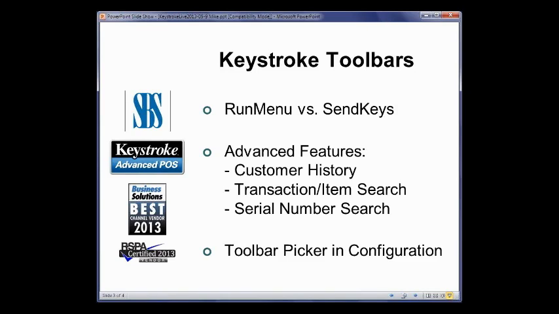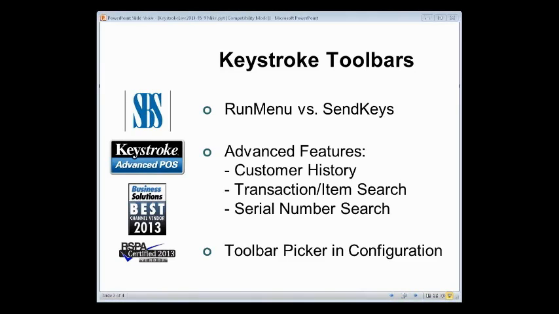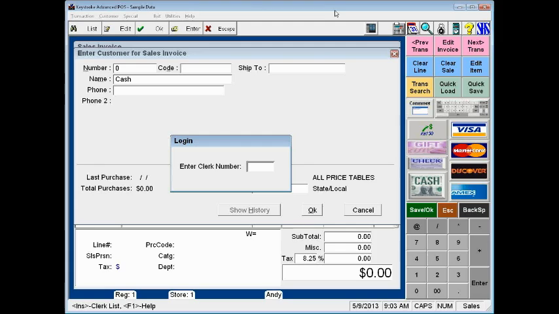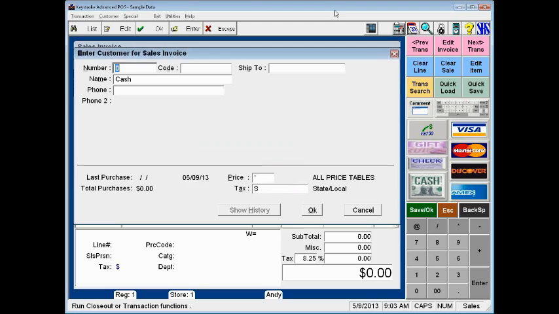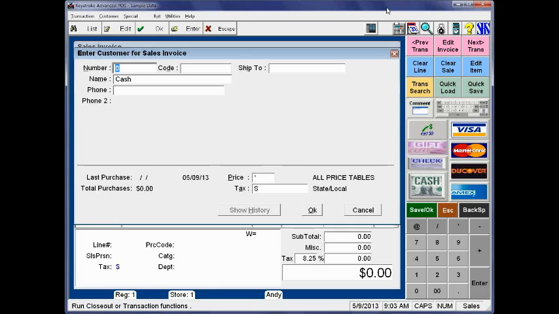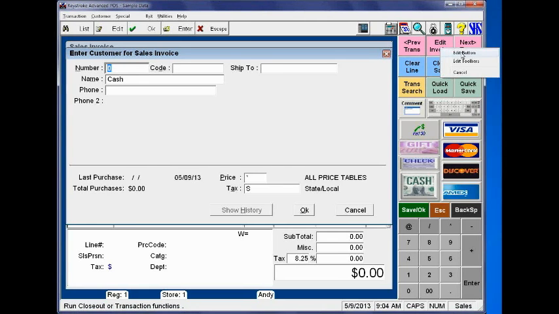So let's get started. I'm going to jump into Keystroke here. And I'll just show you a few things. So here we are in Keystroke. This is version 7.1.5. Most of these features already exist. What I'm going to start talking about, first of all, is the difference between the send keys options and a run menu option. Over here we have an edit invoice button. If I right-click on that and just select the edit button option, the edit toolbars option is an advanced-only feature. The edit button option will show me